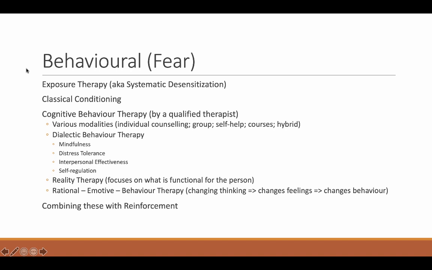A classic example of this is public speaking. People are often highly avoidant of public speaking, and it's completely irrational because every time you're out in the community, you're doing public speaking. But it's something that we sometimes have to get people to focus on and do exercises with, and that's what REBT does. It combines individual therapy, group therapy, and again, educational work. All of these things can be done together, and they can be combined with reinforcement.